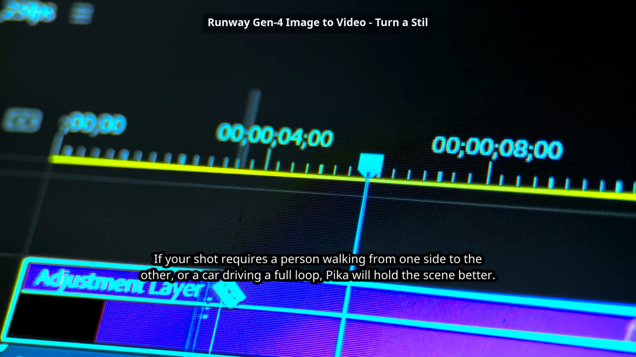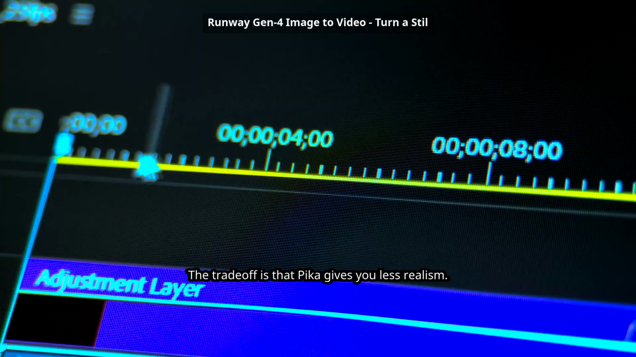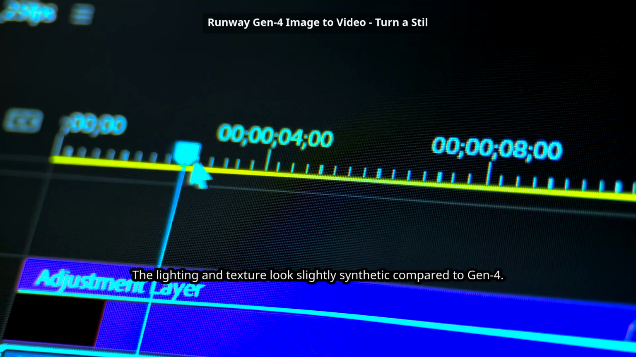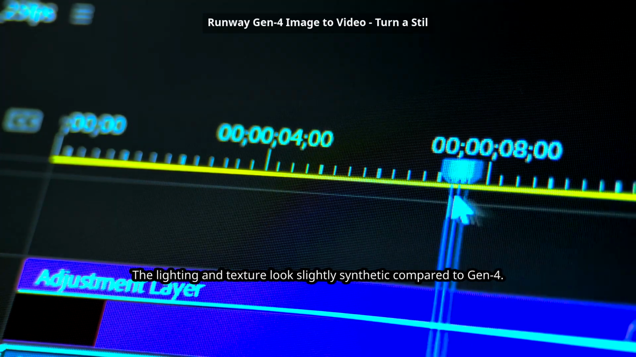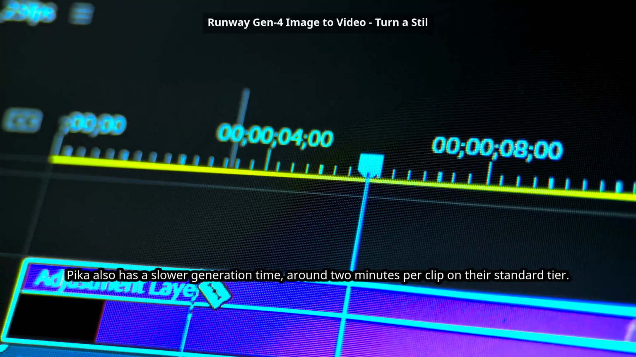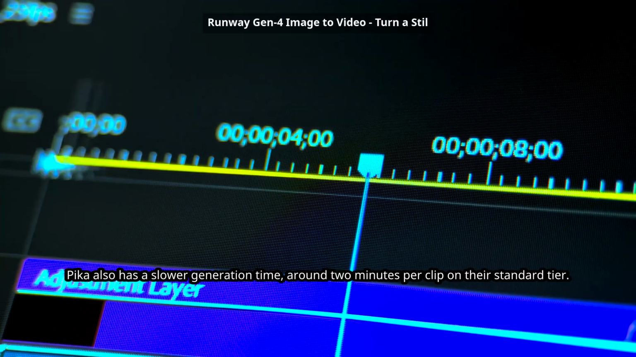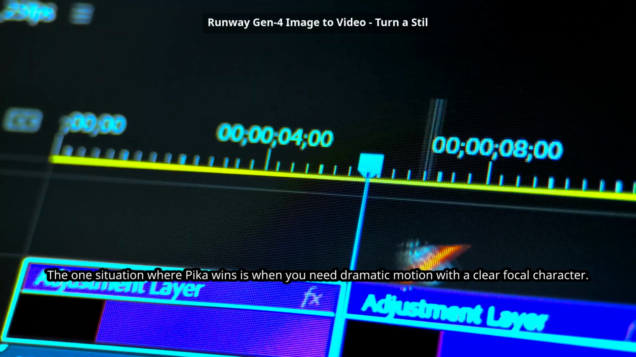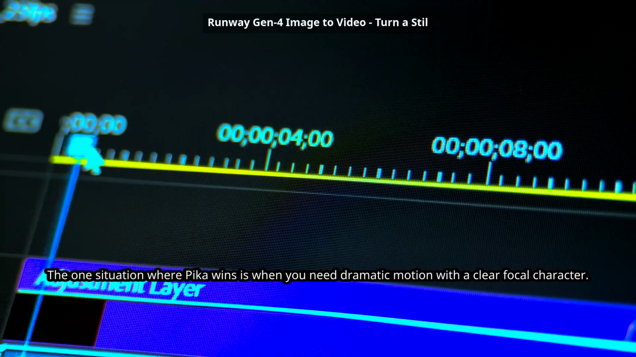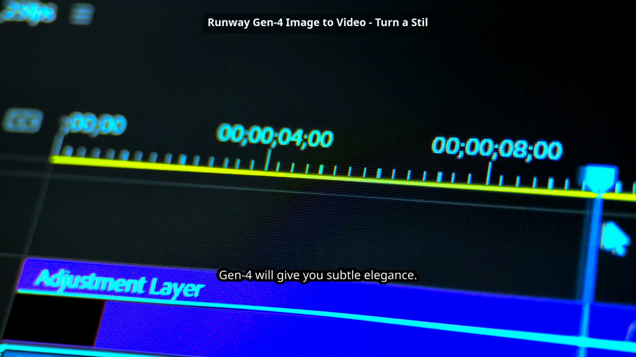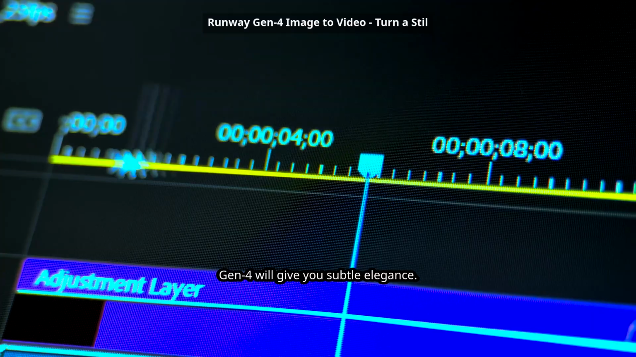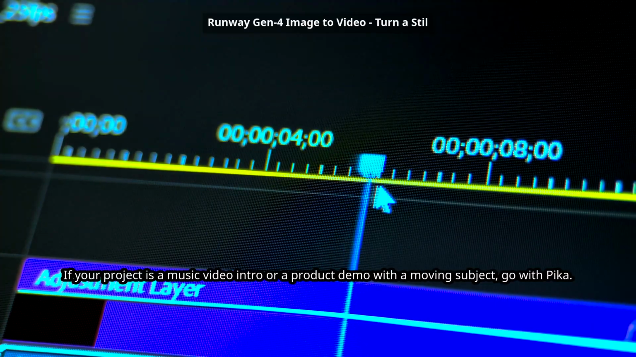The trade-off is that Pika gives you less realism. The lighting and texture look slightly synthetic compared to Gen-4. Pika also has a slower generation time, around 2 minutes per clip on their standard tier. The one situation where Pika wins is when you need dramatic motion with a clear focal character. Gen-4 will give you subtle elegance. Pika will give you action. If your project is a music video intro or a product demo,